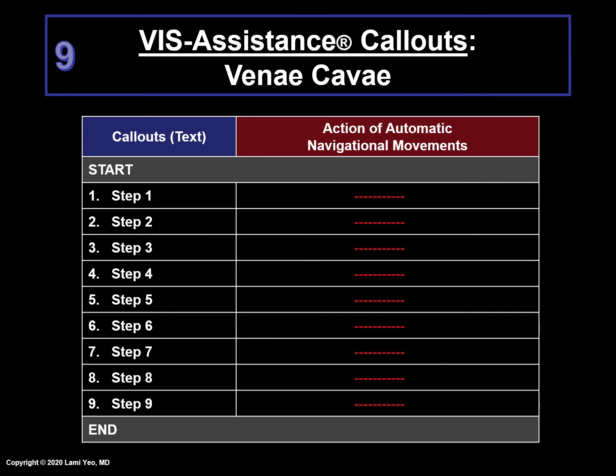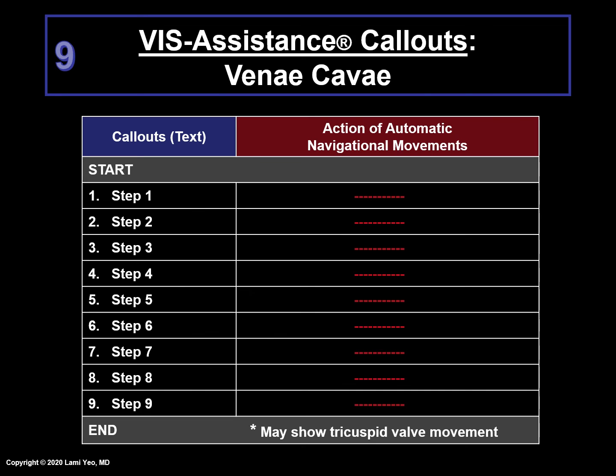Collectively, all of these steps consist of automatic navigational movements that are programmed to show the right atrium and vena cava. Please note that the IVC may be seen multiple times throughout the VISA video clip and may be seen at a specific step which differs among fetuses. For example, the IVC may be seen at Step 5 for fetus A, but at Step 7 for fetus B. So please keep this in mind when examining the vena cava VISA for different fetuses.